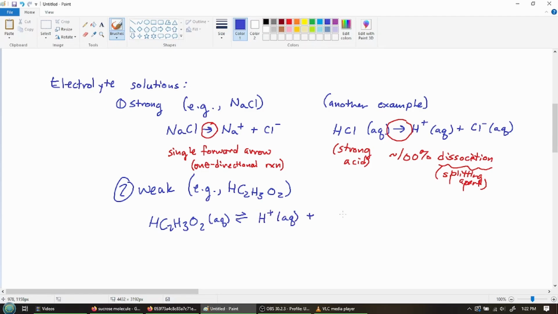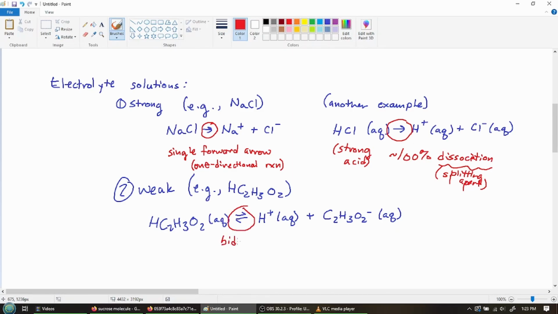And in fact, for many weak acids, nowhere near 100%. It's actually quite a small fraction. But we will have a section just a little bit ahead of this, in the next section, where we'll talk a little bit more about acids. So for now, before we talk too much about that, I just want to emphasize that in this case, what we mean when we say that this is a weak electrolyte or a weak acid is